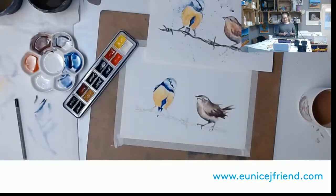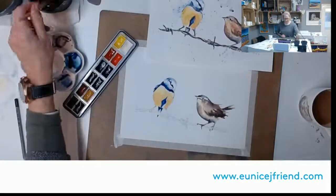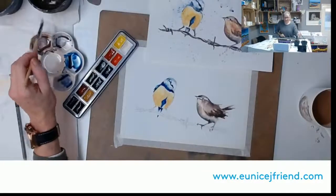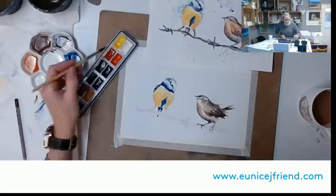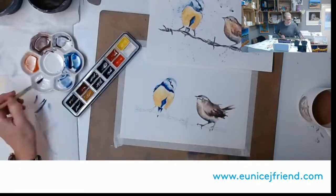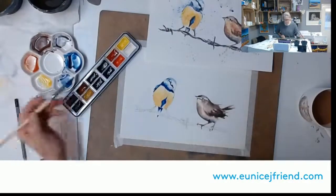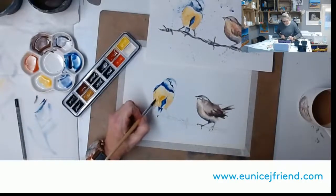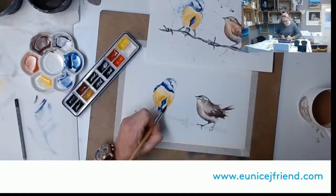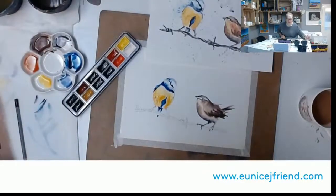There we go. So he's pretty much done other than his beak and his eye. I'm happy with the way his belly has turned out. Pleased with those colours. If you wanted to take it a bit stronger, just mix yourself some more yellow, a bit of orange, a bit of yellow ochre. And you would just go in with some fresh paint. Dab it around. But the key here, and this is important,